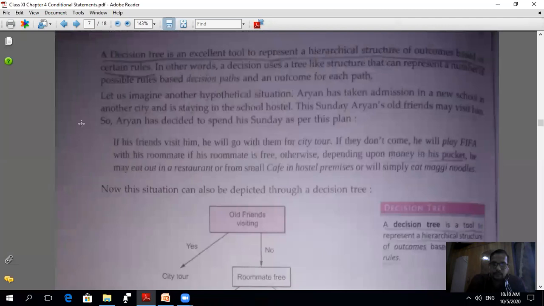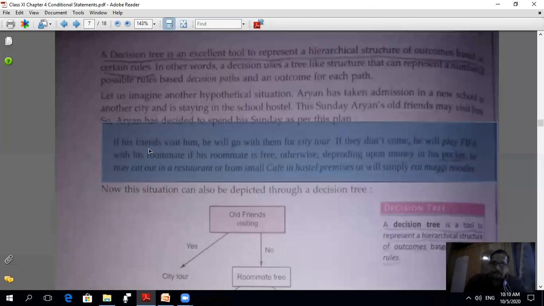Example: let us imagine another hypothetical situation. Aryan has taken admission in a new school in another city and is staying in the school hostel. This Sunday, Aryan's old friend may visit him. So Aryan has decided to spend his Sunday as per the plan. This is the plan. If his friend visits him, he will go with them for a city tour.